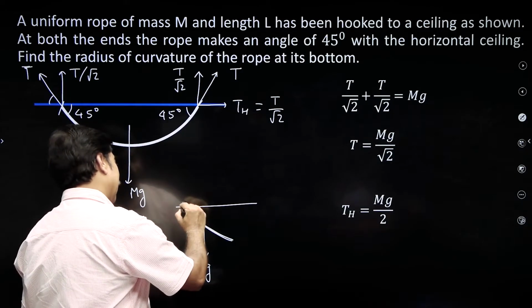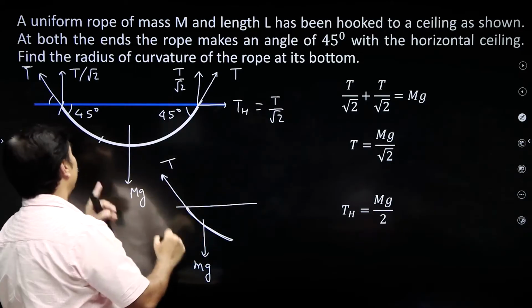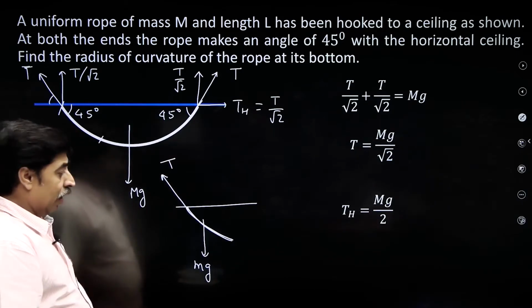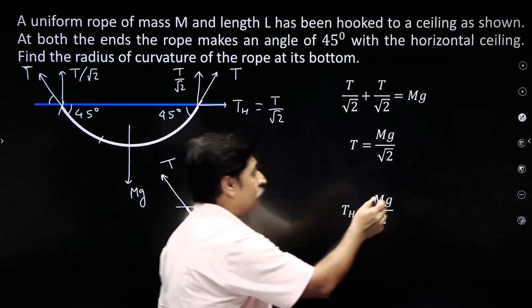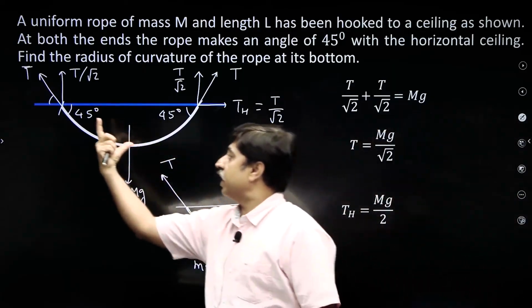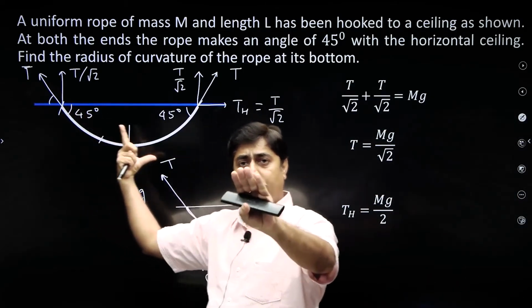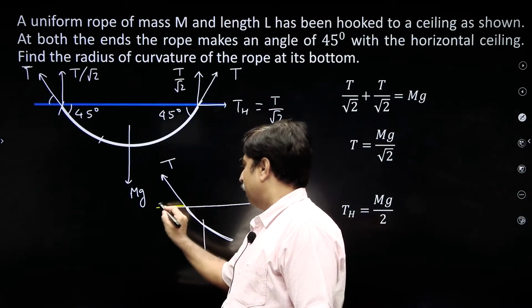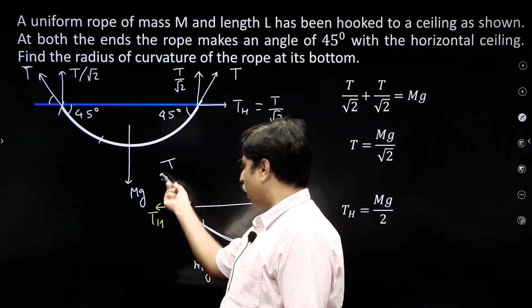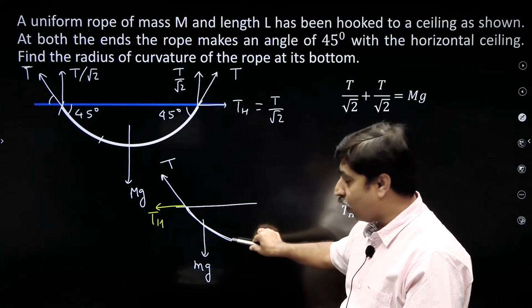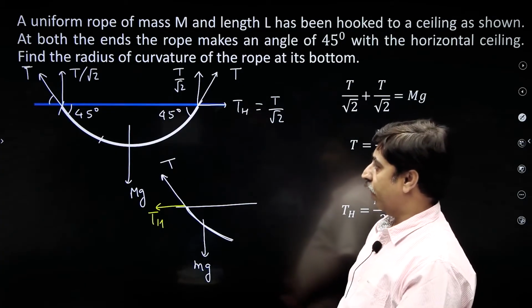We know that at this end the ceiling is pulling the rope with this force T, which we have already calculated, right? Now, for horizontal equilibrium of only this segment of the rope, I am studying the equilibrium of this segment of the rope, it is necessary that this TH, that means the horizontal component of T, should get balanced by the horizontal component of tension here. What I am saying is,